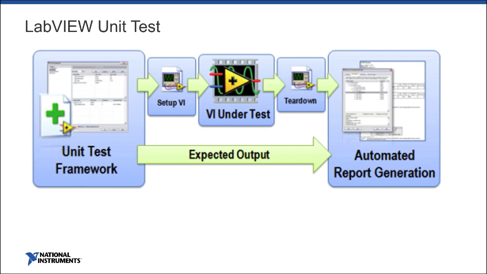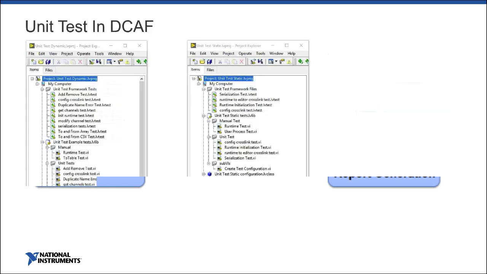There's multiple of them. There's Caraya, there's JKI VI Tester, and there's the LabVIEW unit test framework. Each one of them has its advantages or disadvantages. In our case, the main reason we're using LabVIEW unit test, the one we include with LabVIEW, is because, one, as NI, we want to be able to use our product so we can give more feedback internally. And the other, it runs on real-time targets. So some of our tests are running directly with a CompactRIO connected to our server, and we want to be able to run that. And this makes it easier for us.